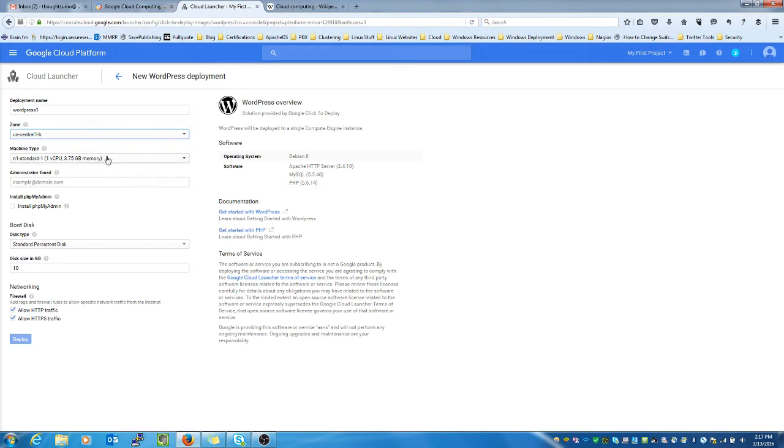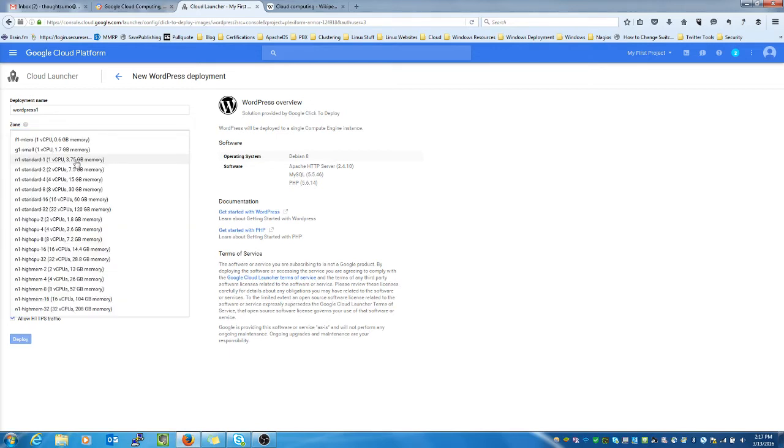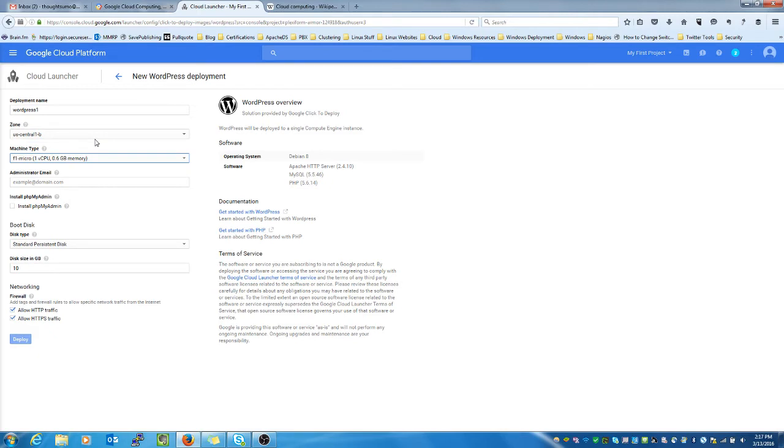Now remember, I told you that the projected cost was going to be different because we're going to change this here, the machine type. Now this has one virtual CPU and has 3.75 gigs of memory. We're going to jump all the way up to the F1 Micro, which has one virtual CPU and about 600 megabytes of memory. Sounds really small, but remember, this is a test site, and we can change this later on. And in a later video, I'll show you how to change this to a larger size